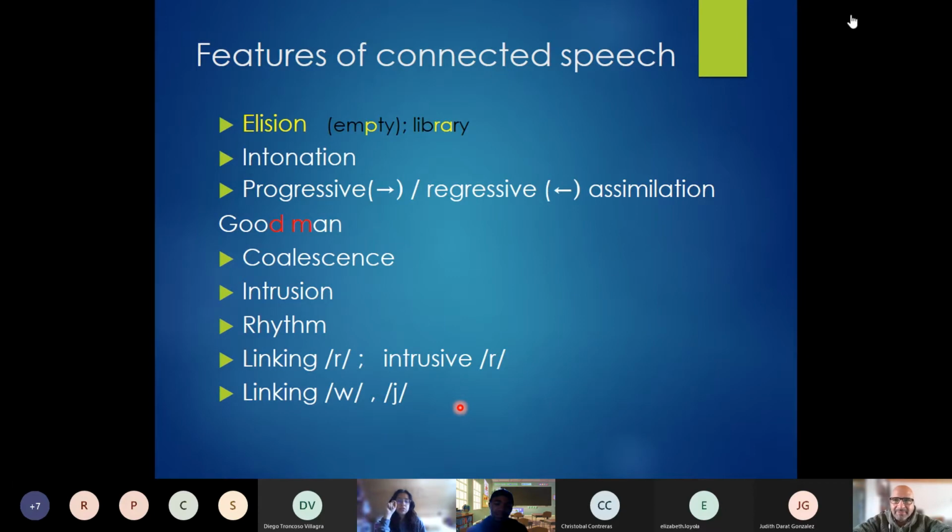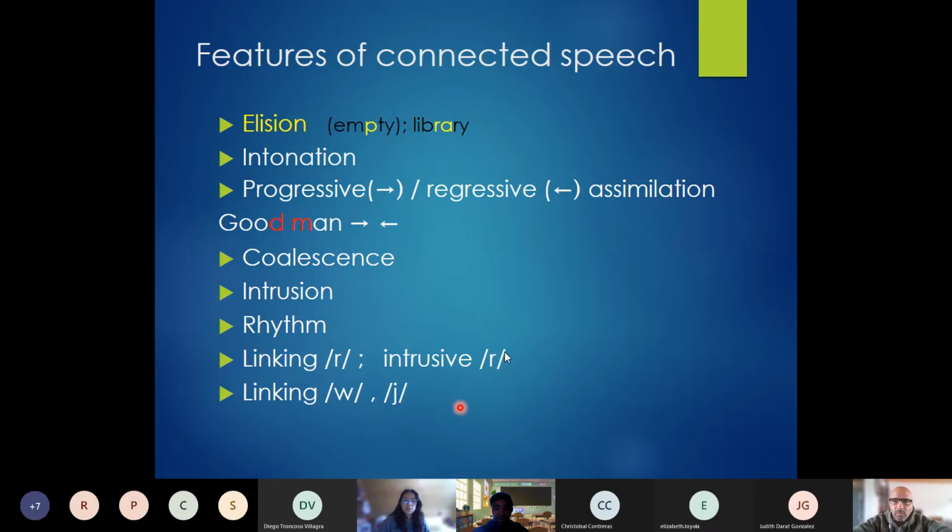It changes the sound. When you say the words faster together, there's a change in the sound. It doesn't sound like "good" and "man". It sounds like "goob man". Yeah, I think "goob man". I got an idea. For example, instead of saying the last "d", we just replace the last "d" with the "b" sound. This is an idea. I just got it because Daniela was explaining that, but I don't know if it's correct, and I don't know if you understood what I was trying to say. Yes, I did.